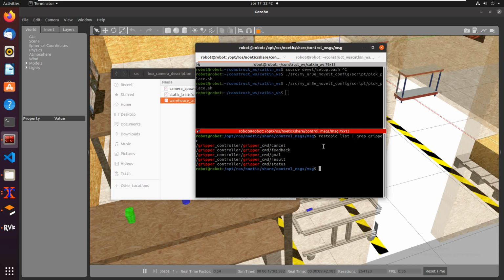What does that mean? Well, the action server, in difference from the services, can be cancelled. The action servers can be cancelled at any moment. So, for example, there's another action server for the joint values of the arm. So I think that's topic list